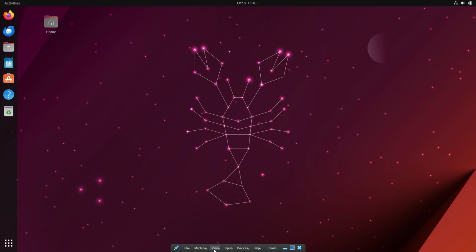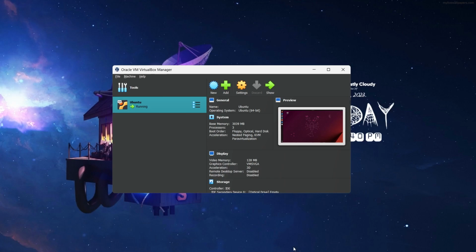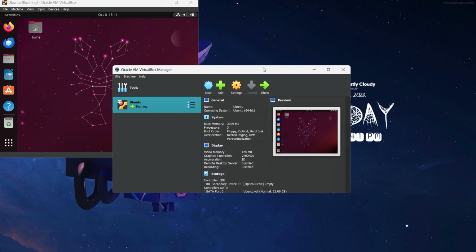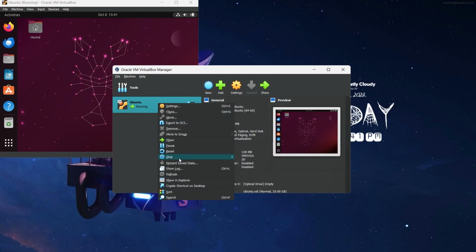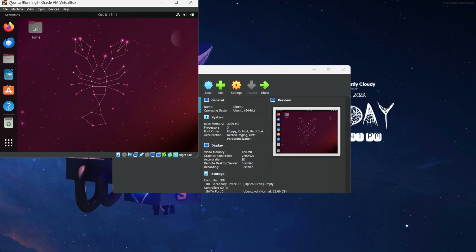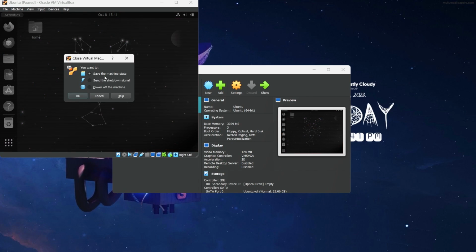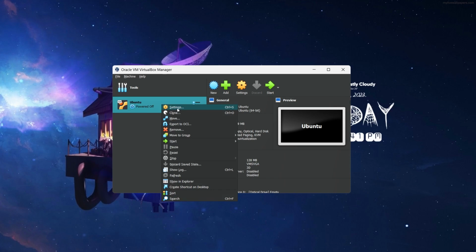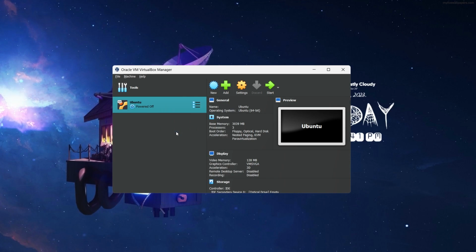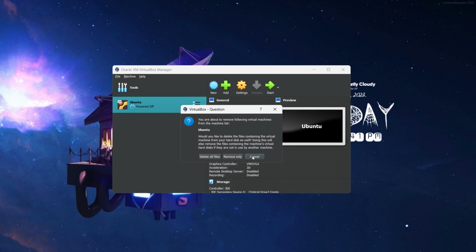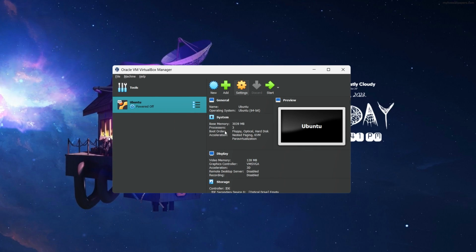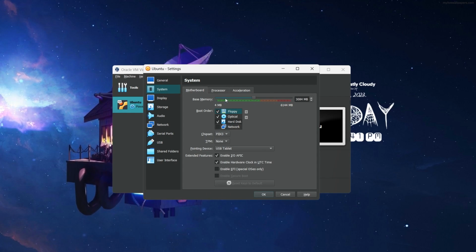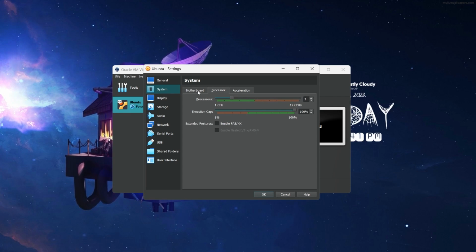Now for the people who like to delete this operating system, you can just minimize the window, the VirtualBox window, and first of all, I need to close the system, power off the machine, and right-click on this Ubuntu and remove. Delete all files. It will entirely delete your operating system which is installed in VirtualBox. Now you can always increase the memory if you are feeling like the operating system is running quite slow. So that's pretty